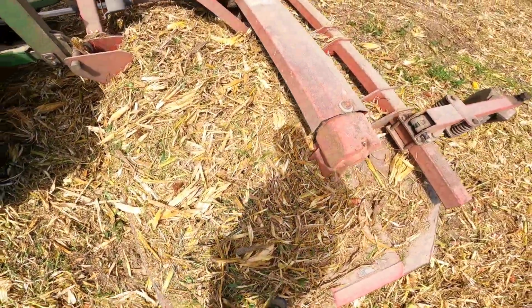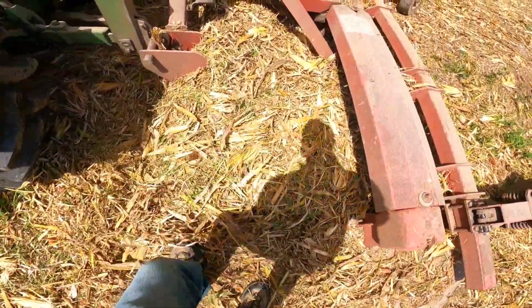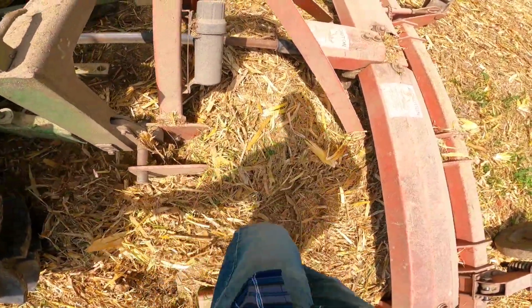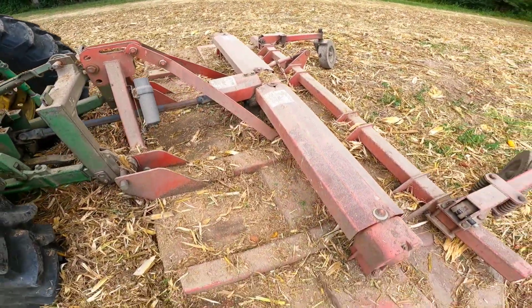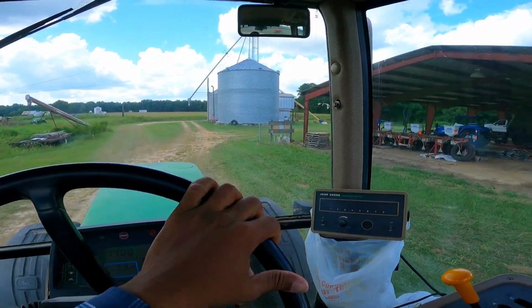15 minutes of mowing stalks, and all of this piled up. At least it comes off easy. That'll do. As I figured,